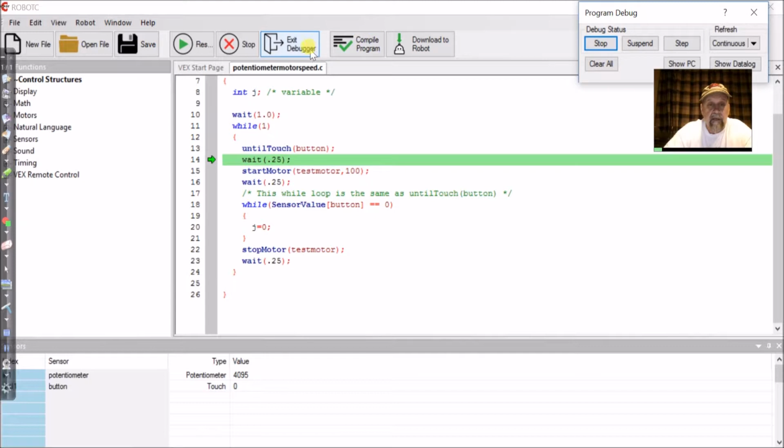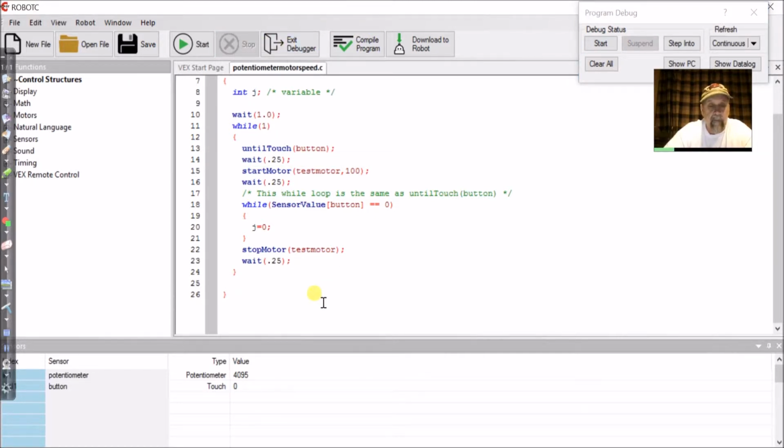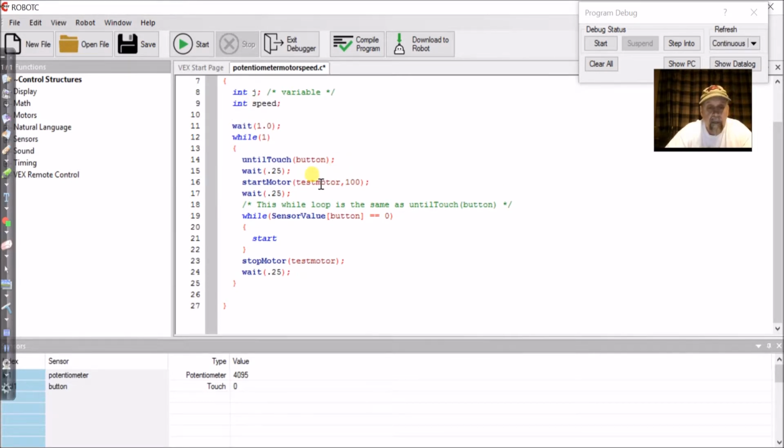So now I need to stop that, and what I'm going to do is inside this while loop, while I'm waiting for the button to be pressed to stop the motor, I'm going to keep calling start motor over and over. Well, first I'm going to declare a variable speed. Integer speed. And then I'm going to come down and here I'm going to say